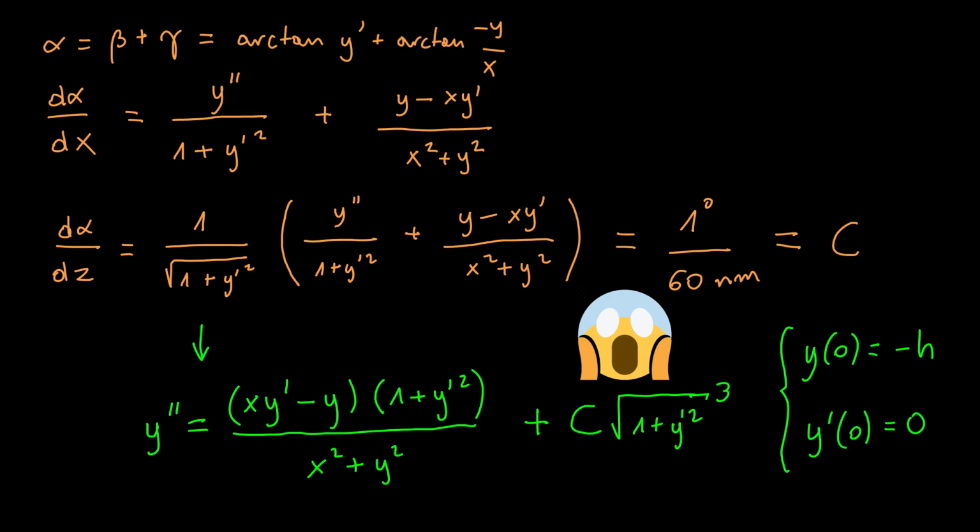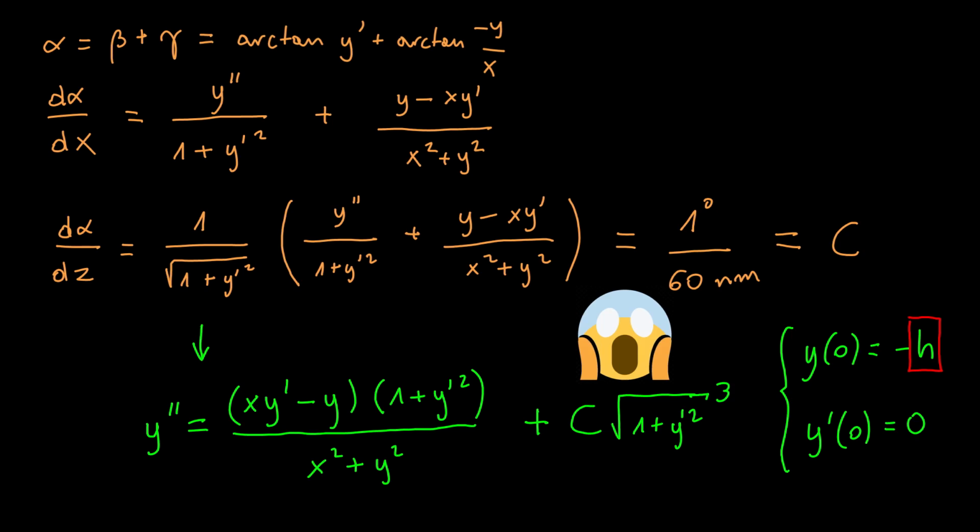I won't go into details here, but I've written a simple solver using the RK4 integration method and plotted the results using gnuplot. I'll link to the solver in the description. Now, what shouldn't be surprising, the resulting shape depends on the height we chose for the celestial object, the h in the initial condition. I've prepared an animation with h varying from 1000 nautical miles to 30,000 nautical miles, but before I show it to you, let's look at the shape for the altitude commonly assumed by flat earthers for Polaris,